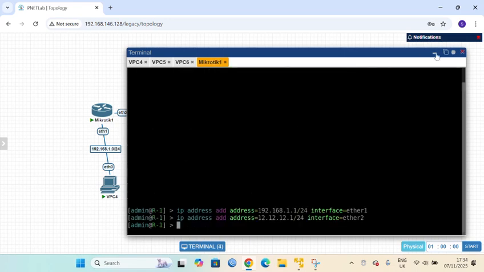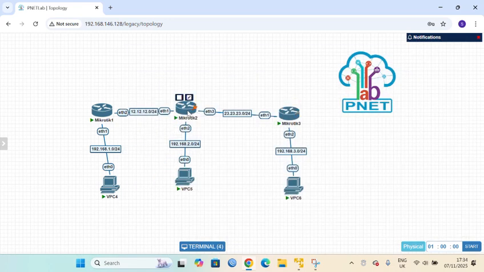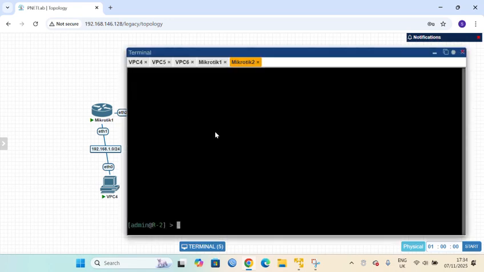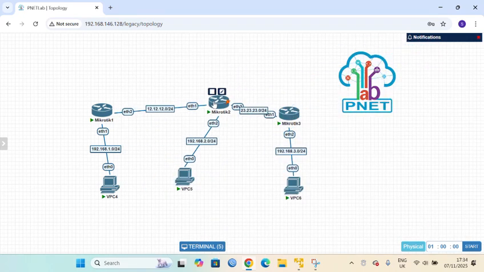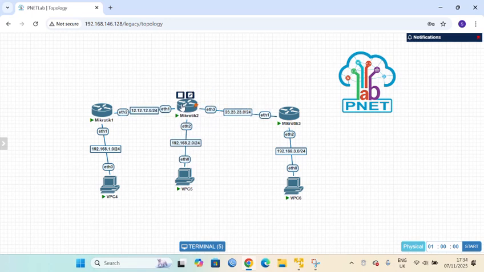Delete, and we go back again, enter, and the same rule we write again: ip address add address.